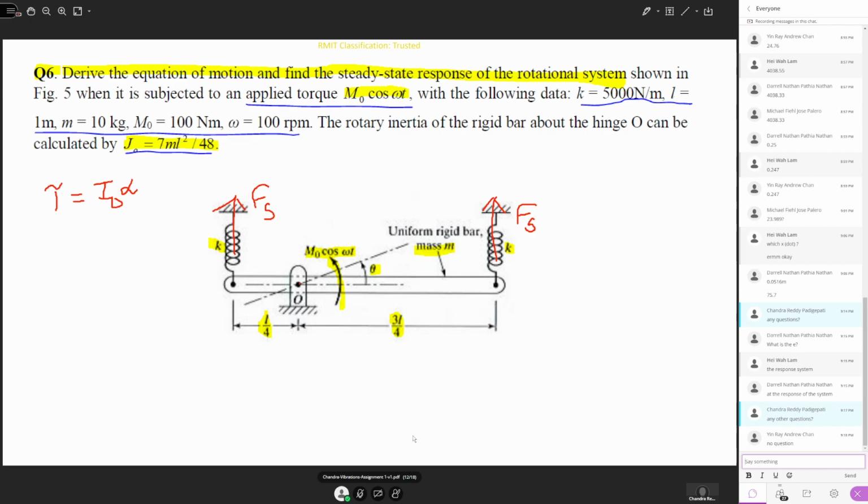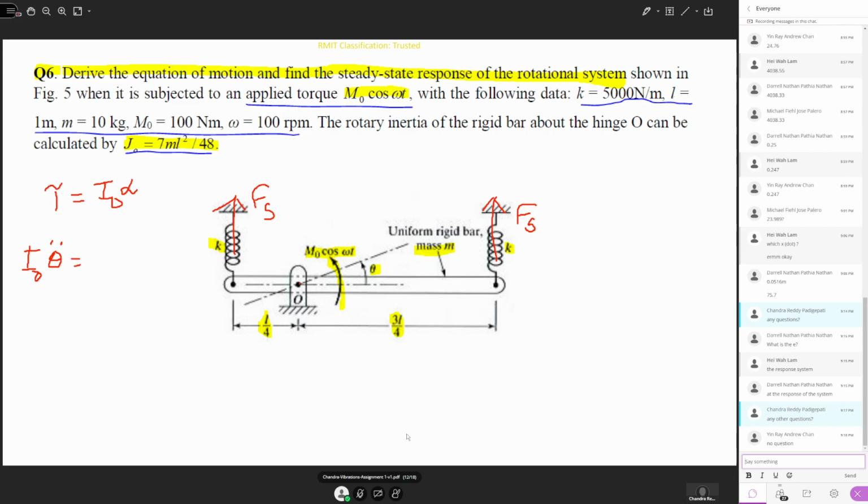So we can write the net torque acting on the system. I replace angular acceleration alpha with theta double dot, so we can write I naught theta double dot, which is equivalent to